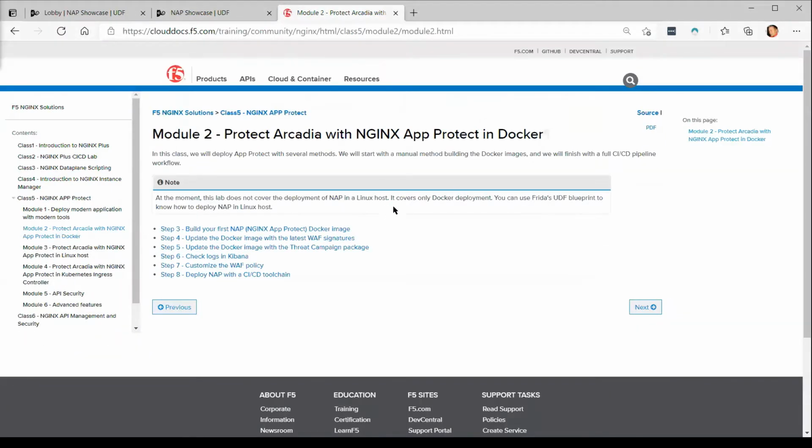So we're now progressing into module 2. While we have created, or rather spun up our application, and we have indeed made it accessible through a Kubernetes Ingress Controller, we have not protected it. So right now, the application is just publicly accessible with 0 protection layers in front of it. And that, of course, is the principal focus of this lab. We want to protect it. We want to make sure that we can sleep a little easier at night knowing that someone is taking care of our application.